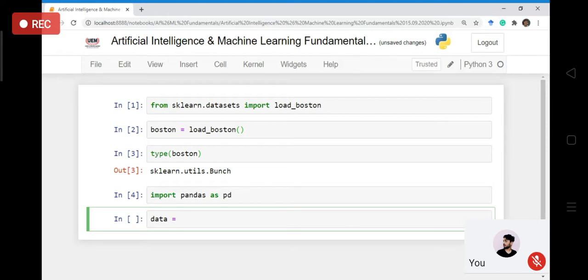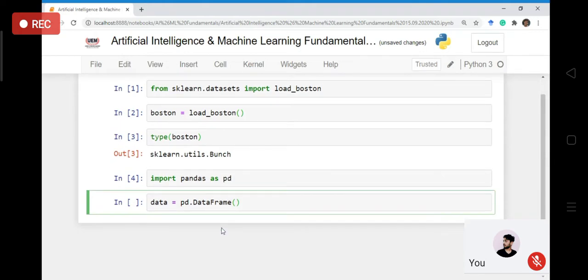In order to do that, we have to convert it to a pandas data structure called data frame. So how do we do that? We'll use pd.DataFrame, this particular function, which helps us in creating data frame type objects. So what is this data frame all about? I am not going into too much detail.